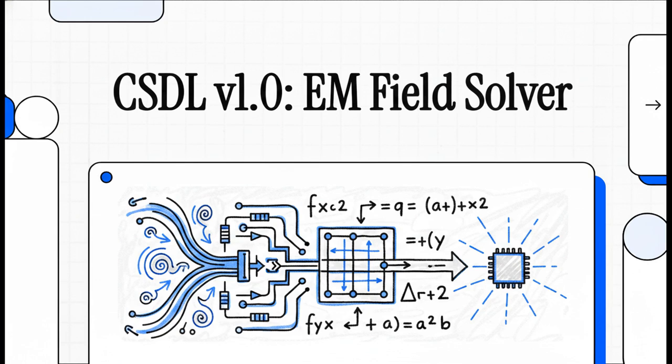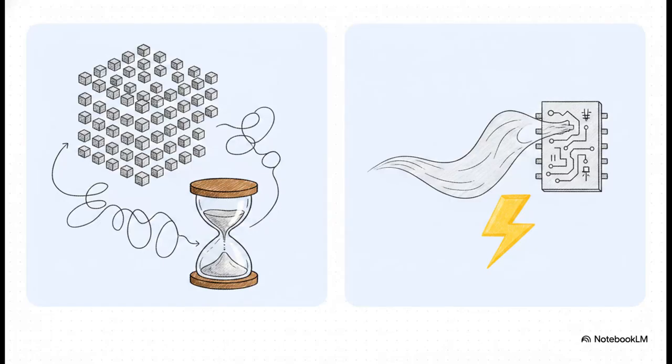Think of CSDL as a fundamental, hardware-based solver for incredibly complex partial differential equations. The whole idea here is that we are literally stopping the digital simulation of physics. Instead, we're stepping back and allowing physics to actually compute the solutions itself. It's wild. To really grasp how revolutionary this is, let's look at how we currently tackle these problems using